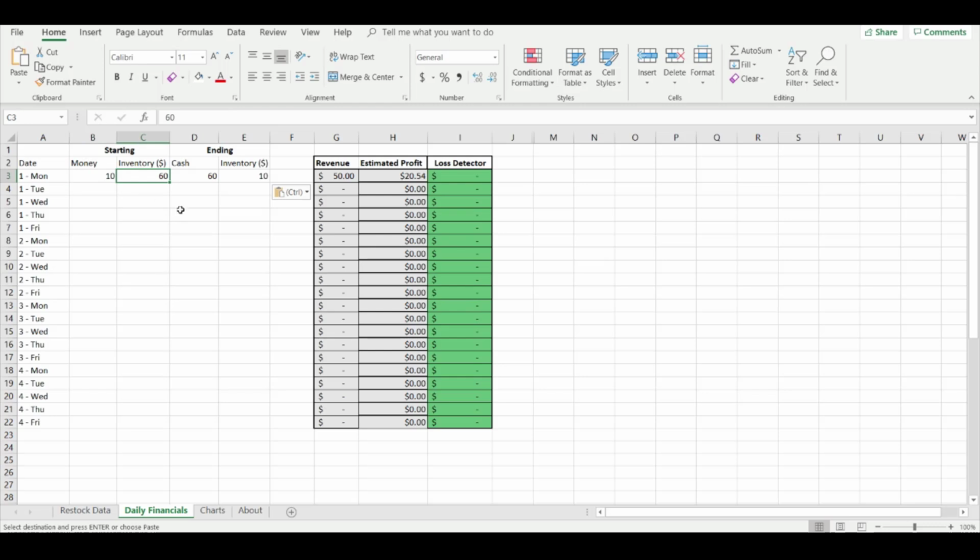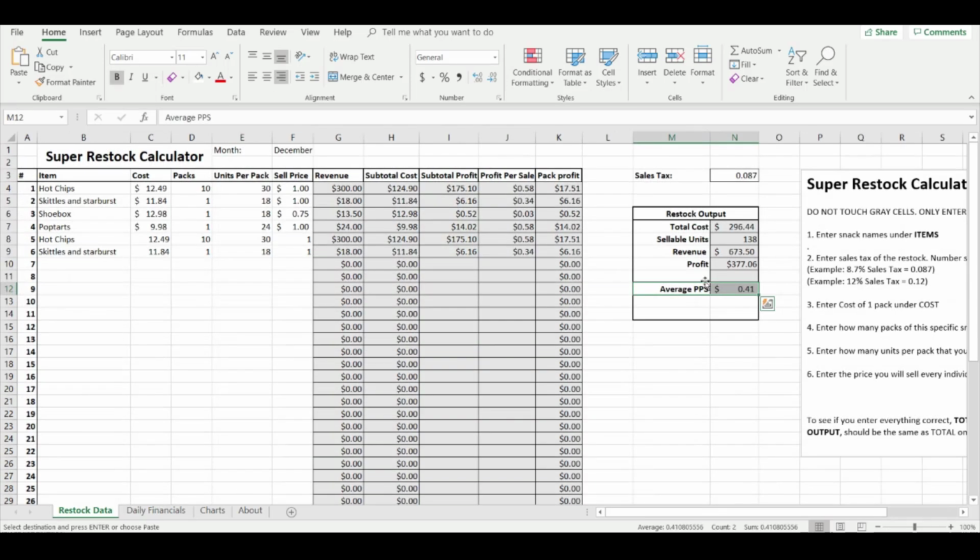So if you have 60 bags of chips, you sell each for $1, you put 60 inventory value. So you start off with $10 in change and $60 in inventory. You end with $60 in cash and $10 in leftover chips. As you can see, you made $50 in revenue, and your estimated profit is 20.54, and that comes from this